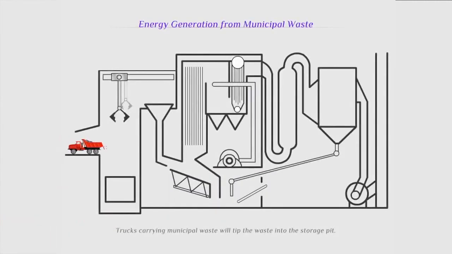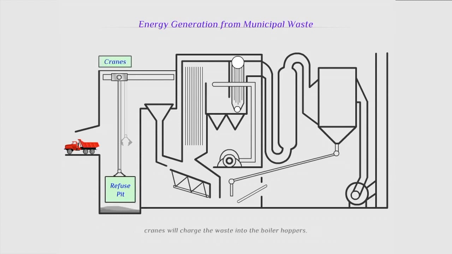The waste from the trucks is tipped in a storage pit. The storage time for the waste is 7 days with leachate addition for charging the waste. The charged waste is fed to a hopper using cranes. The waste is then passed on to moving grates that combust the waste at a temperature of 1100 to 1200